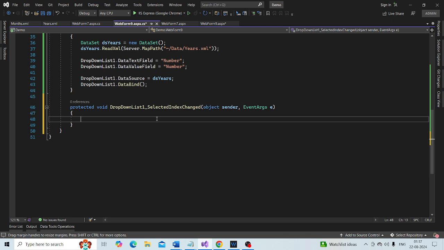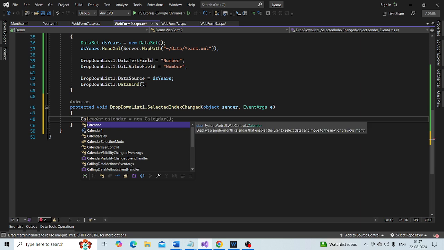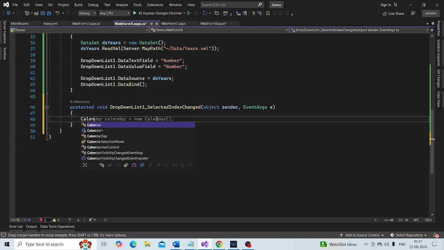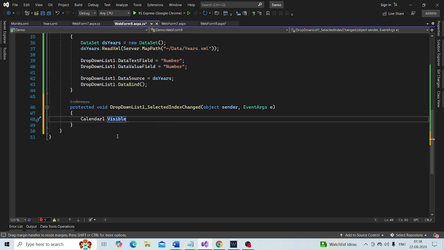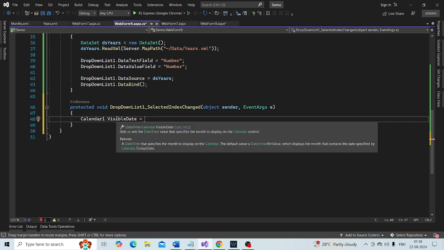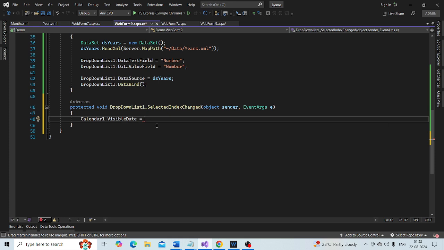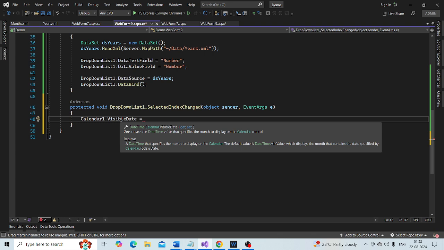Calendar1.VisibleDate is equal to... Look at the VisibleDate property. The VisibleDate property actually expects a DateTime to be passed in.